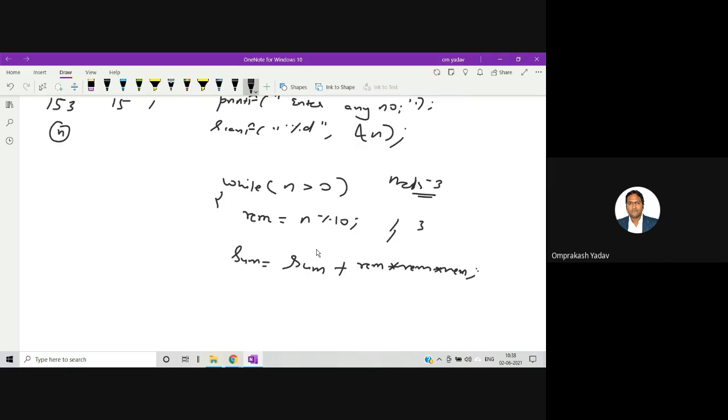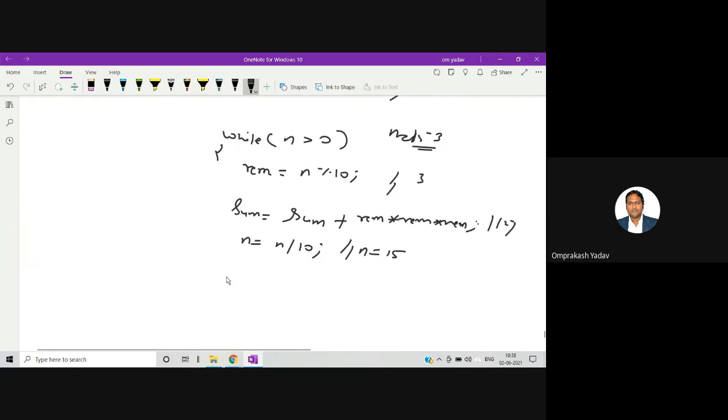So 0 plus remainder into remainder into remainder. So that means 27 will be stored inside this. So it will be having 27 value right now. Okay. Now we will do what? We will reduce the number. So n will be equal to n by 10. So this time now n has become what? 15, right? Because we have divided by 10.